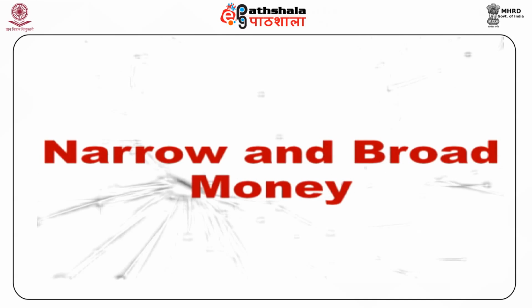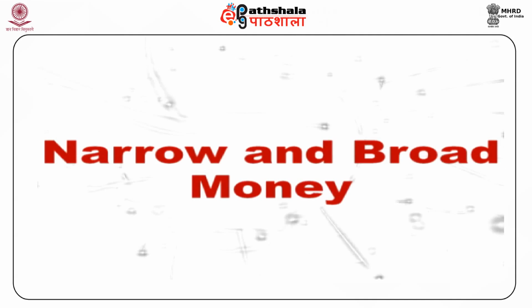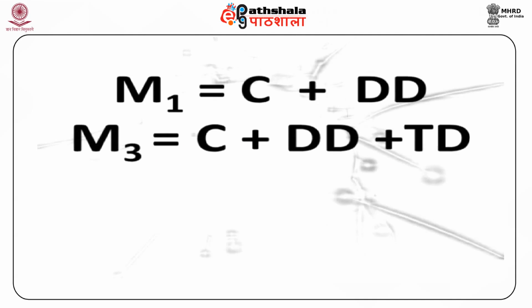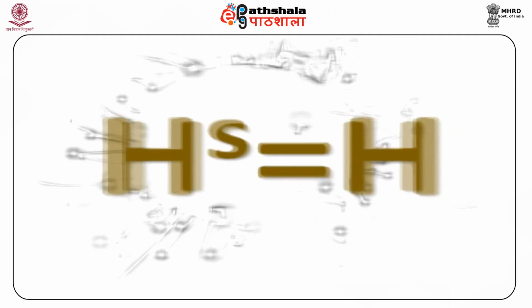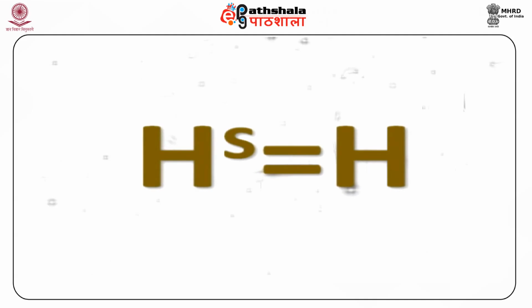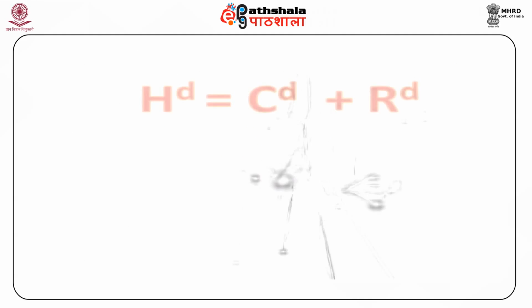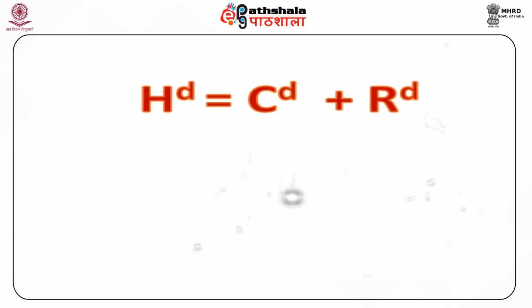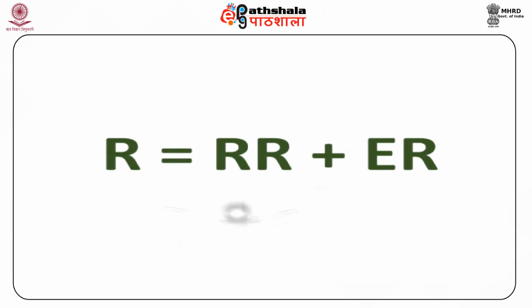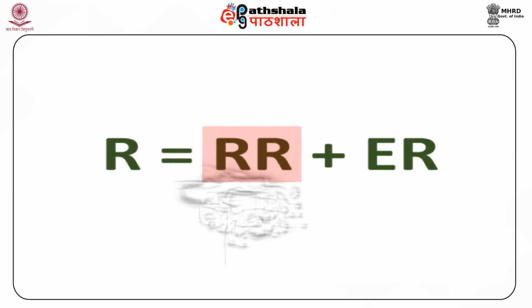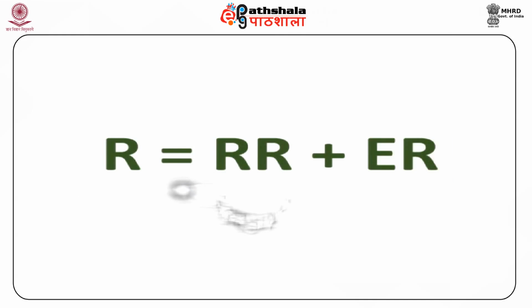Let us now derive the expression for narrow and broad money, which helps us identify the various determinants of the narrow and broad money stock. If H is assumed to be policy determined, the supply of H is given. Looking at the demand side, demand for H comes from the public for currency CD and from the banks for reserves RD. Looking at the components of reserves, required reserves RR and excess reserves ER, dividing throughout by total deposits D,